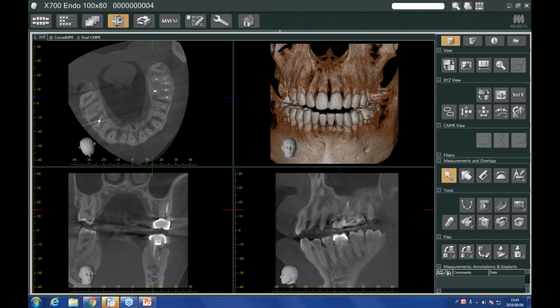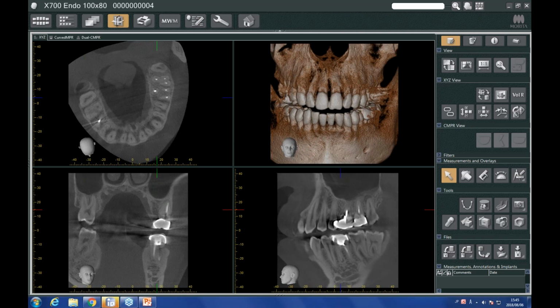So at the moment, I don't see anything else that's jumping out at me. So I'm going to make a mental note to come back here and take a look at this. In fact, instead, I'm actually going to mark this. Rather than make a mental note, I'm going to let the software take care of this for me. So I'm going to circle this as a reminder that this is an issue that I'm going to have to